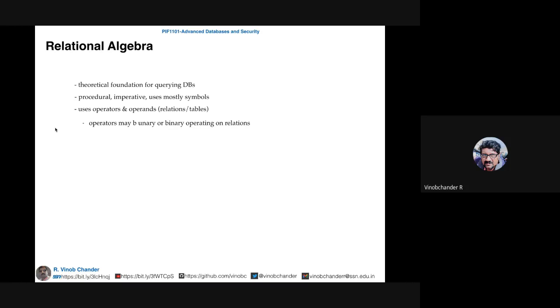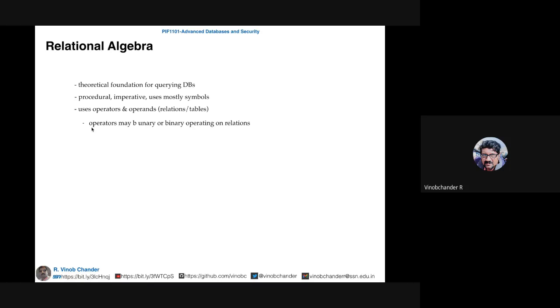One thing you need to remember is that when you make use of operators and operate on the relations or tables, what you get back is a relation. Okay, so the result is essentially a relation, but you also need to remember that the result you get back doesn't have a name. This is very, very important, Akash. When you make use of an operator and operate on the operands, the result that you get does not have a name, right?